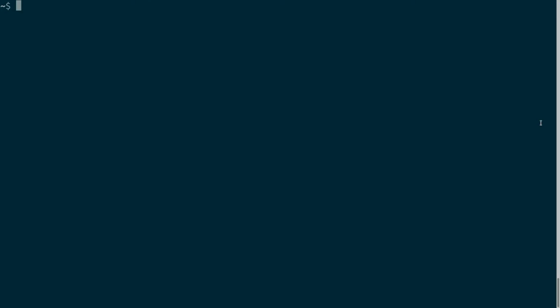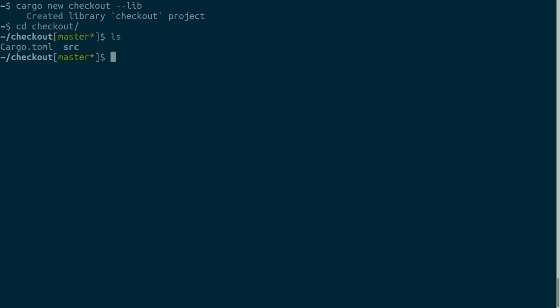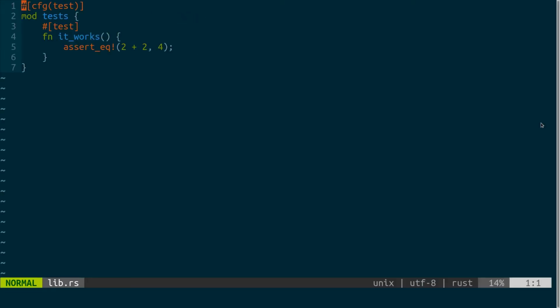Now I'll create a new project. I'll name it checkout. And it's gonna be a library, so we don't need a binary, it will be just a library. And yeah, what do we have? So we have this little default test, and I guess it's a good time to show you how